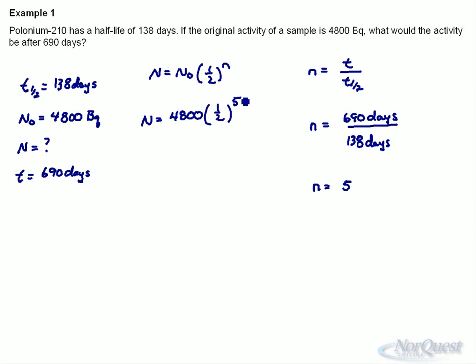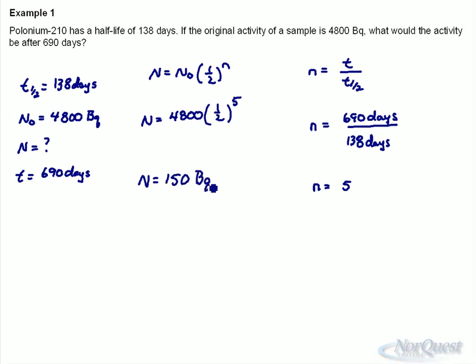You will see questions that may have you raising to a fraction or to a decimal. Then you may want to bracket what you're raising it to so that the calculator understands that it's not just the first number after the hat symbol, it's the whole expression. If this was 5/2, I would put that 5/2 in brackets. So it's 4,800 times 1/2 to the power 5. I should get an answer here of basically a fairly small activity now, 150